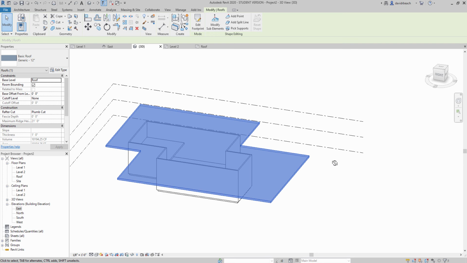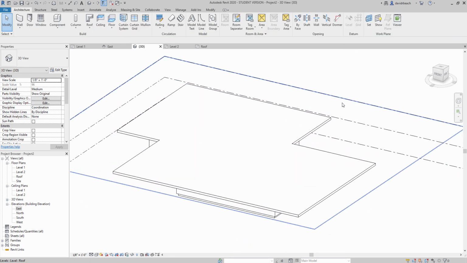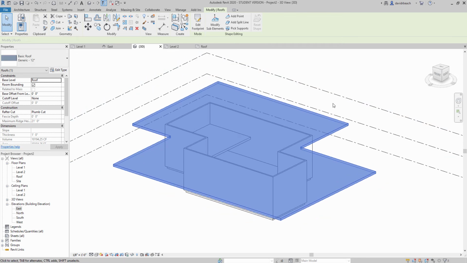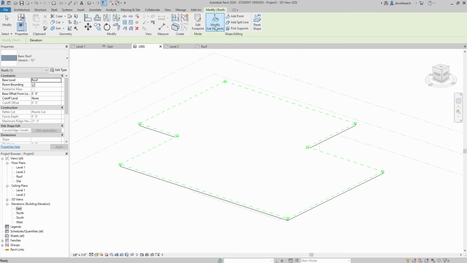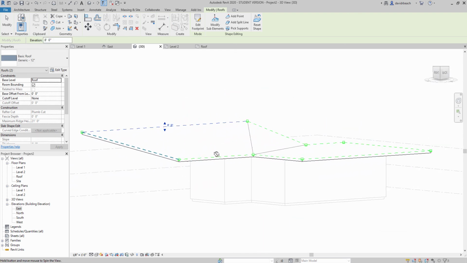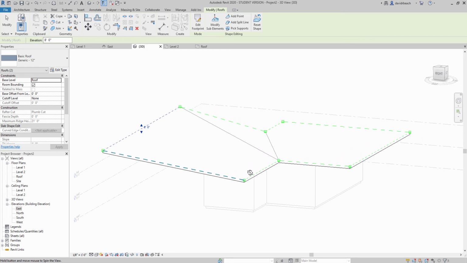So one of the other things that I can start to do with the roof, and this isn't exactly what this tool was designed to do, but it's really fun to play around with in terms of building architectural forms. So I can begin flexing and moving the edges of the roof through modify subelements. So with the roof selected, I'm activating modify subelements, and now I can grab either these points or edges and move those up or down independently. So if I take this edge, I can move it up 8 feet, and you can see it starts to shape that roof in a slightly different way